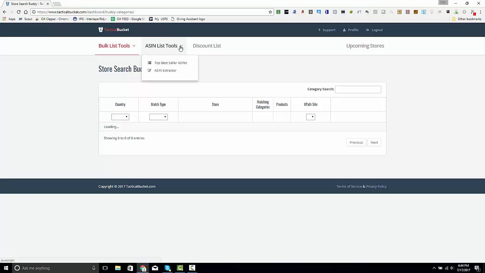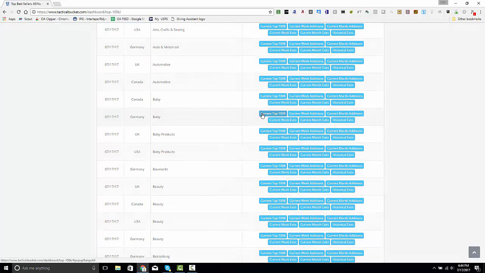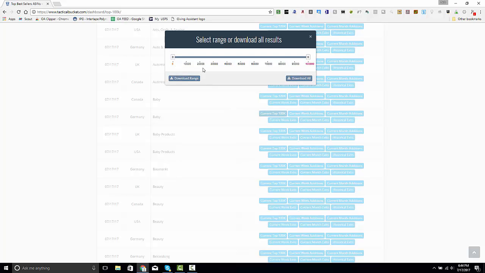The next feature, which is really cool, is the ASIN top list. So basically this is the Keepa top 100,000 ASINs. You can get the current week editions, the current month editions, the current week exits, the current month exits, historical exits. So you can go to, like, let's go to the baby, generate the top 100K. And instead of having this whole 100,000, if you want to specifically do, say, 1,000 products at a time, you can go from,